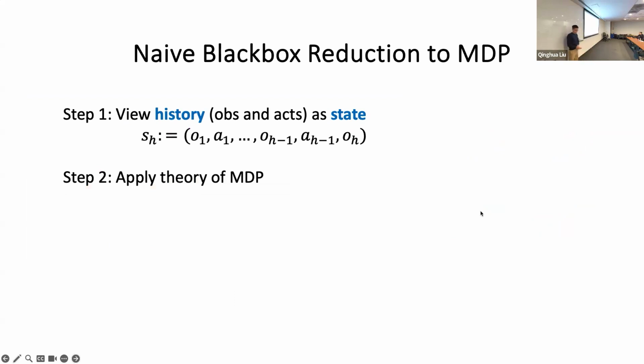Okay, so when I talked to my friends about POMDP, many of them would ask, why do we need an additional theory for POMDP? Why don't we just do some black box reduction to MDP and use whatever we have for MDP? In some sense, they are correct, because if you view your entire history as a state, then it is effectively an MDP.